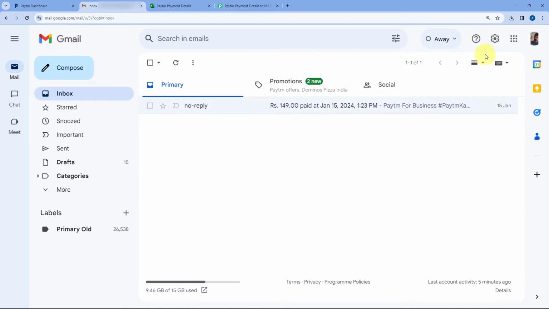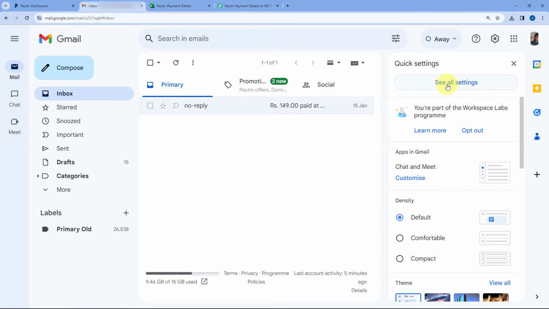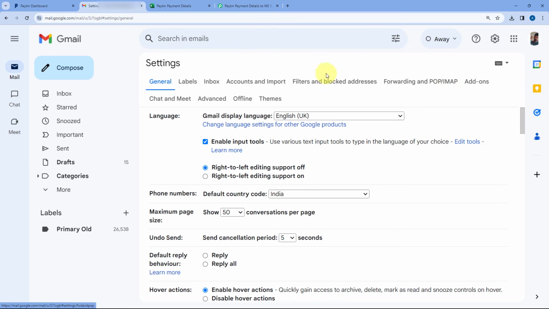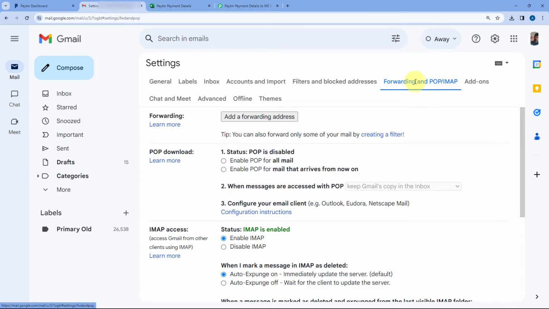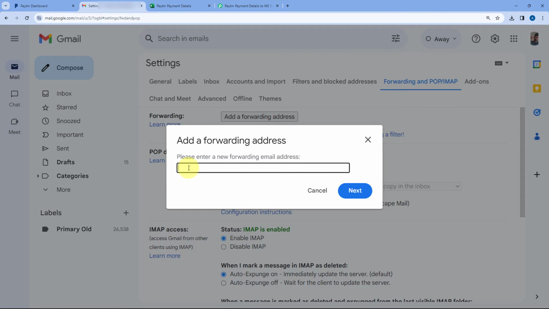After coming to Gmail, just go to the settings section and click on See All Settings. Under the settings section, you can see this option of Forwarding and POP/IMAP. Just click on it, and the first thing you see over here is Forwarding. Just click on Add a Forwarding Address, and in this pop-up box, we have to enter the exact